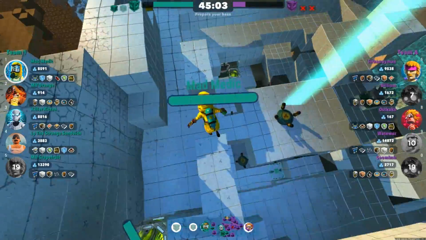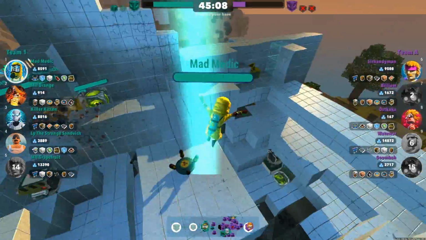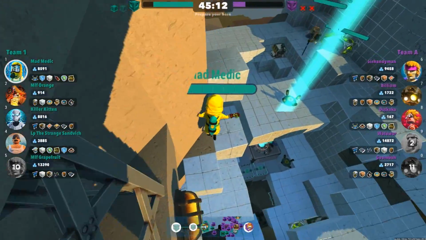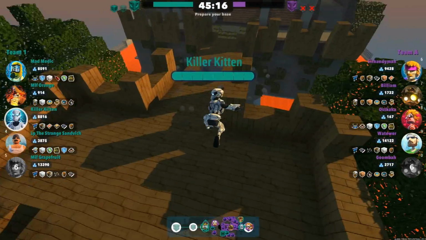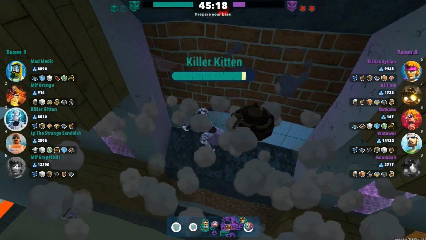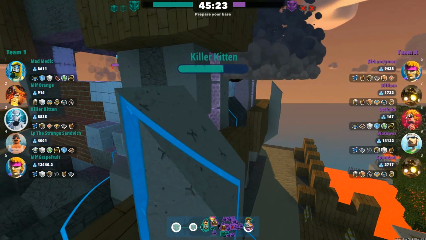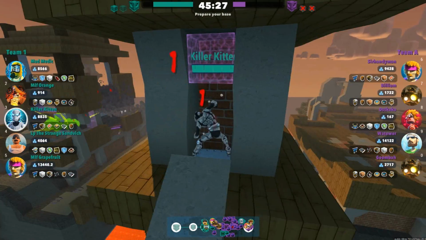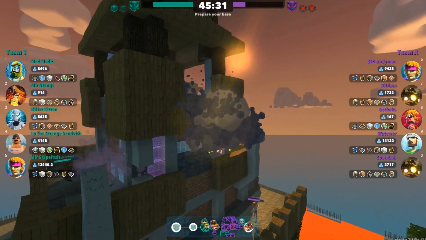Here we have Medic and Sandwich still just defend the bears, and this base doesn't actually look any different for the past like 15-20 minutes. They just keep replacing the blocks that are destroyed in this fortress that they just have here. Killer Kitten running straight onto their base. They know that they're there, and jumps out, meaning that the F-bomb just gets...